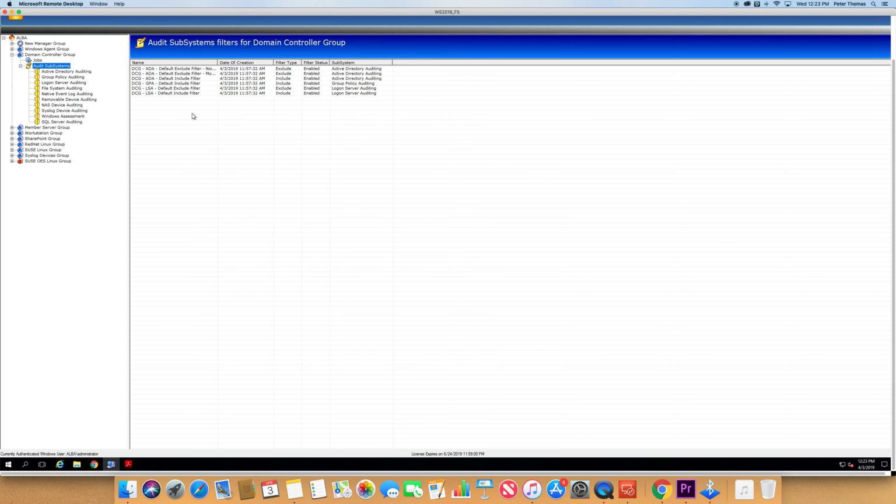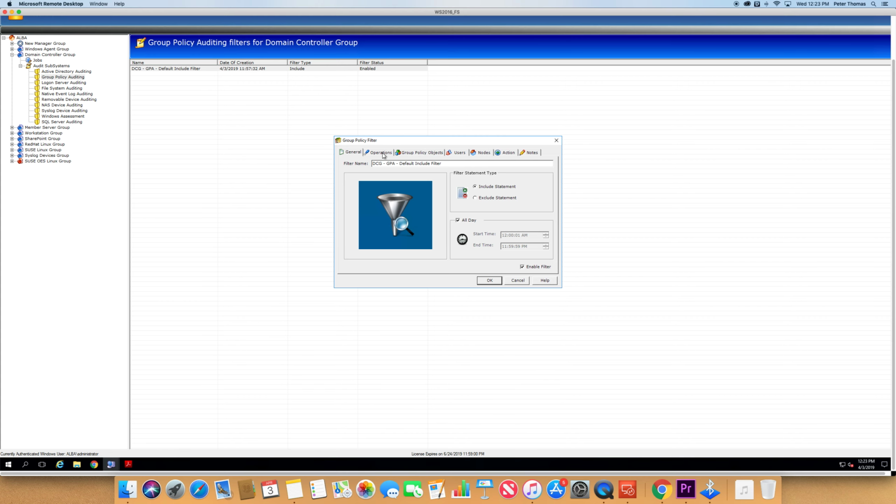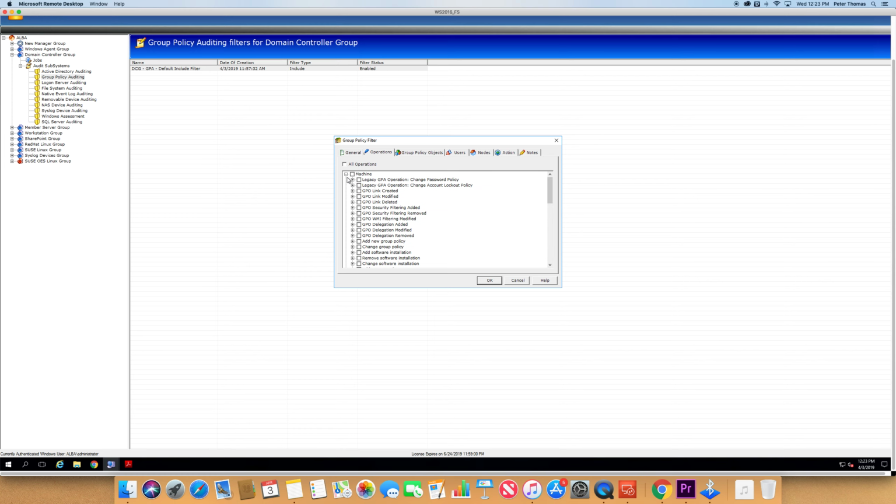So when we look at the domain controller group, we can see the audit subsystems. We have Active Directory, Group Policy, Log 1, File System, and Native Event Log. Removable device auditing is primarily for workstations, and we'll see that in the workstation group shortly. Group policy auditing, relevant really only to domain controllers. And if we look at the operations, we can capture